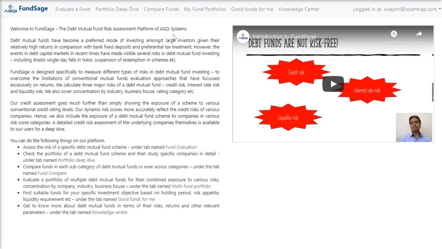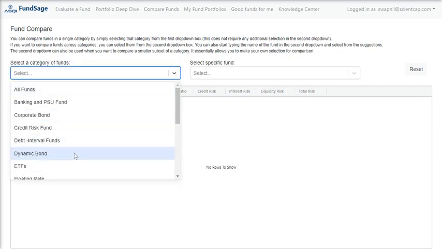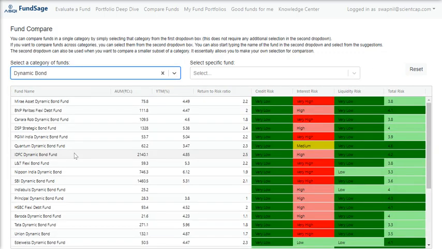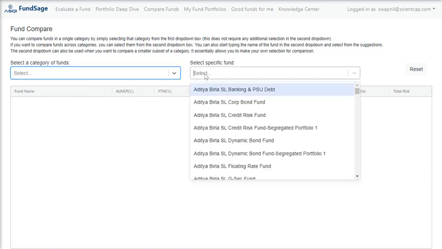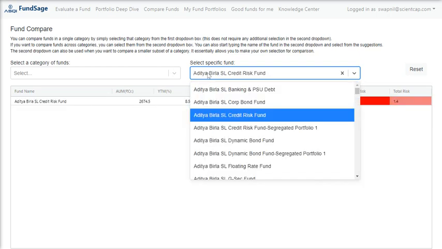So after this landing page, you can go to this tab, compare funds. You can compare funds in two ways. One is just a specific category of funds, say dynamic bond funds. And the other is by selecting specific funds by name. So let's say you select this, then